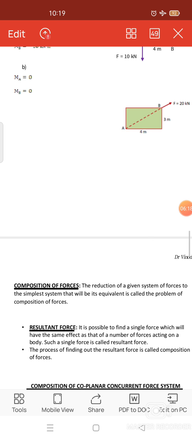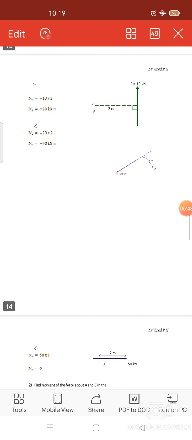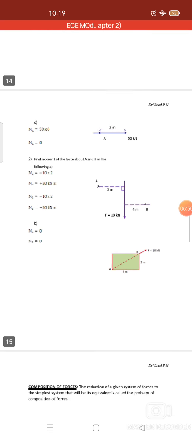Then the B1, we can see here there is an inclined force travelling from A to B. If you want to find out M at A, we have to be very careful. The force starts from A itself, so there is no perpendicular distance, and it will become 0. Again the same thing: the force continues to B, so it acts from B itself. If you want to find out the moment at point B, it is 0. So these are all the example numericals with respect to the resolution of forces.